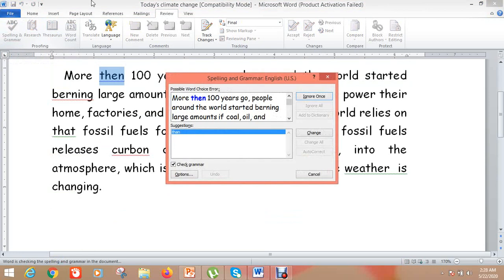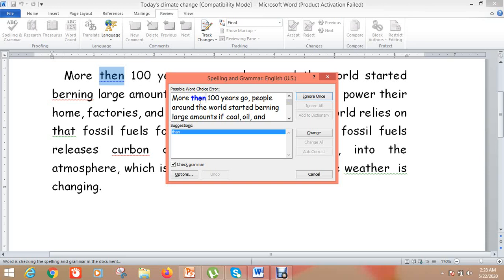Just click here. Okay, now see, these are the mistakes that have been identified. If you want to ignore a mistake, you can click Ignore Once. Now see, possible word choice error. This is the first error in your document.